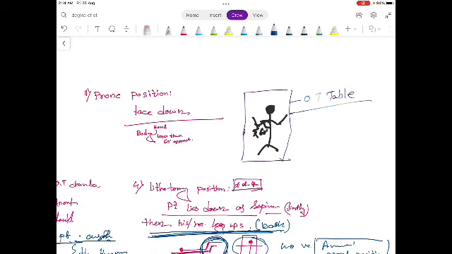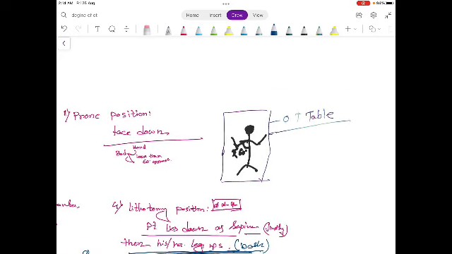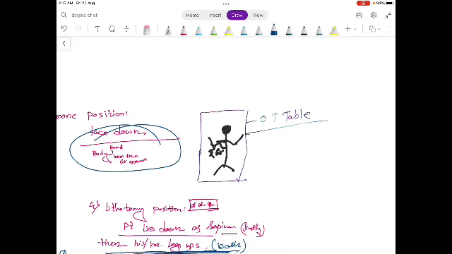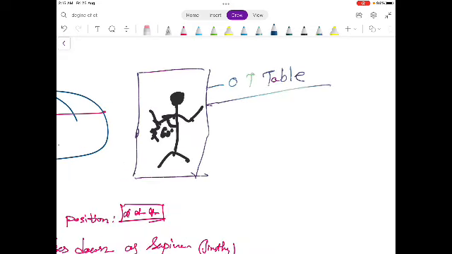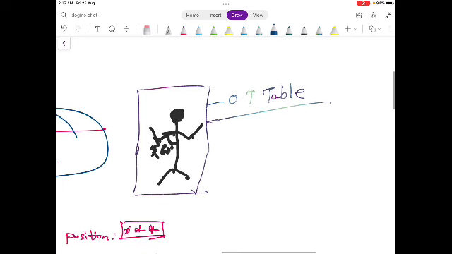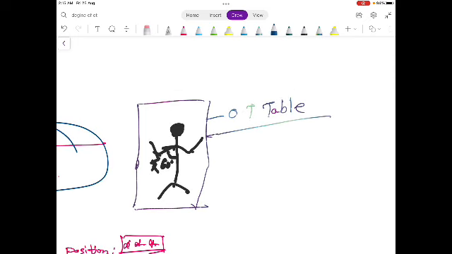Now we are taking the prone position, right? For the prone position, the patient's face should be down, and the rest should remain the same as the supine. We know the details from before, but for which OTs do we use this position? It is mainly done for spinal surgeries,